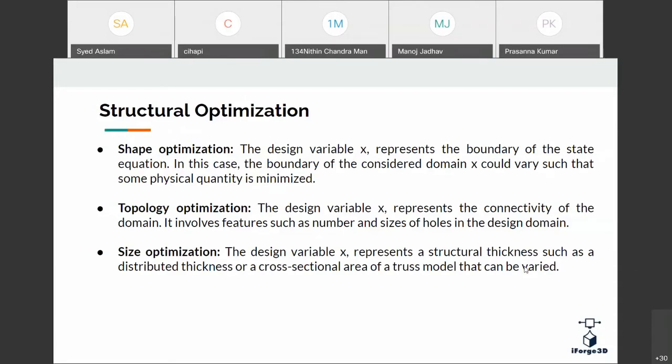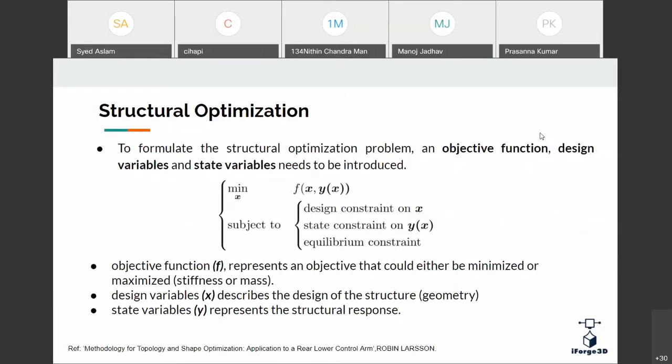In this overall discussion, today we will be discussing only topology optimization, where the boundary is fixed and the size is also fixed. Here our main aim is to remove the mass from that object or design. That's what we do here today. And coming to optimization, totally we have two types of variables and one function, which mathematically the overall results are dependent on.